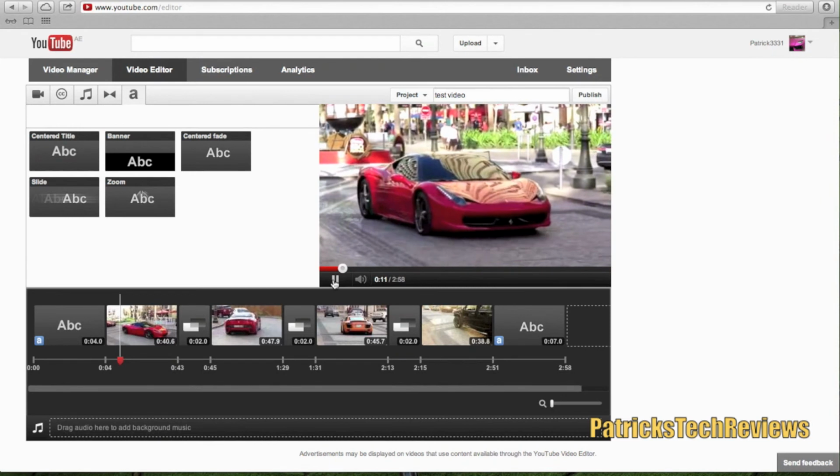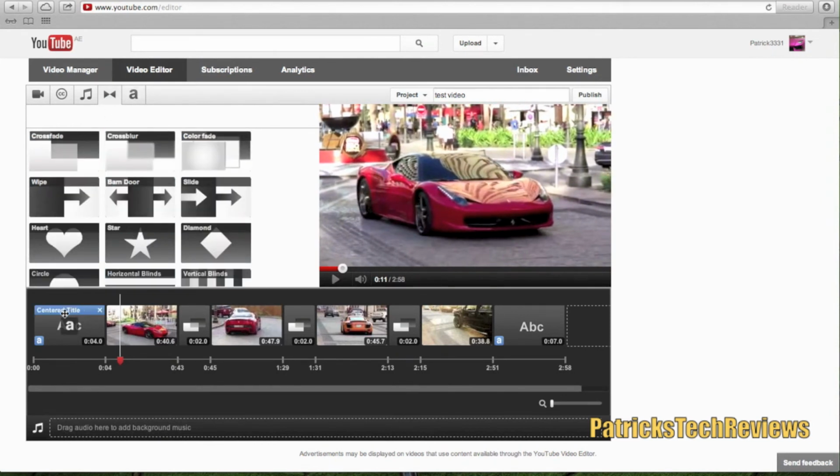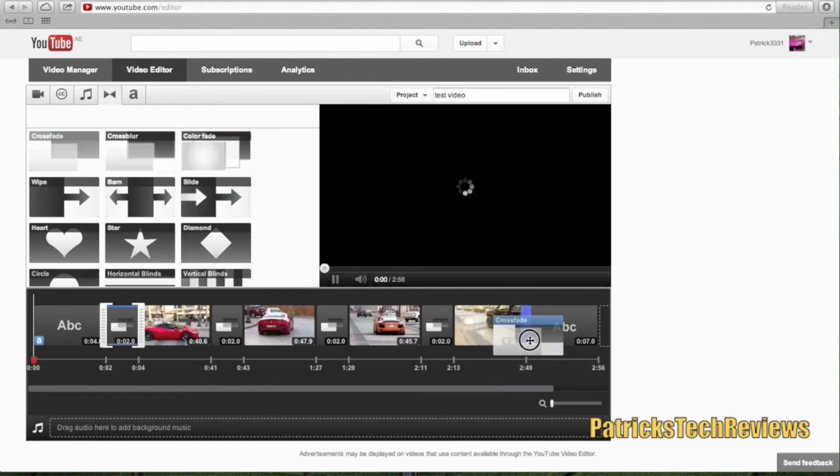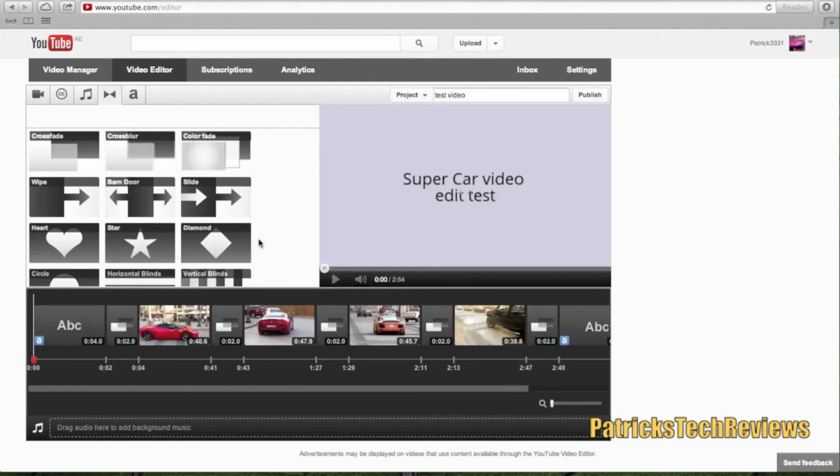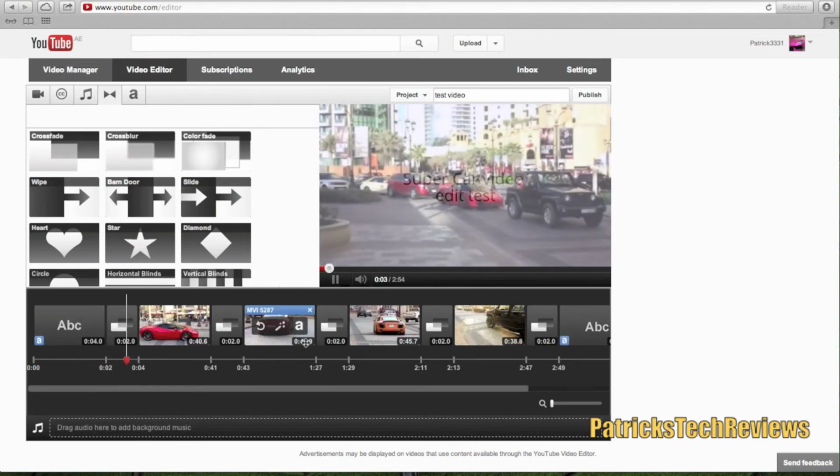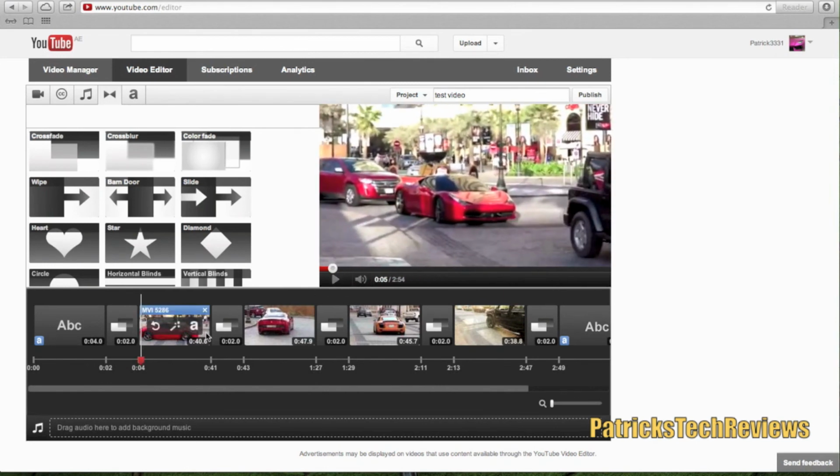But actually, when you have the title in the back and in the front, you should again do some transitions in between to make it a bit smoother looking. So I just added this one again here and here, and you can extend or shorten this as well, obviously. Here you go. So as you can see now, 4 seconds actually becomes 3 seconds because the transition takes a second away from this video and a second away from this video,